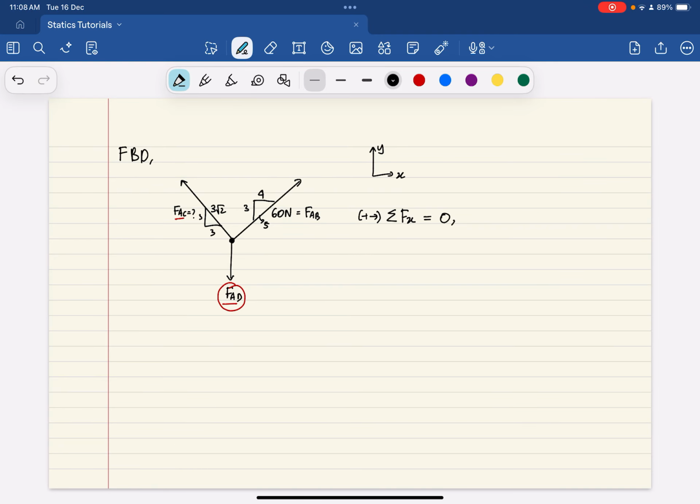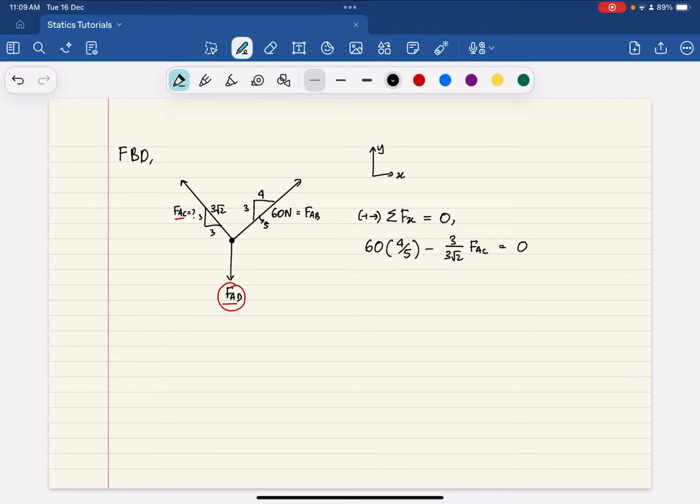So we know that 60 times 4 over 5, that is obviously positive, minus 3 over 3 root 2 FAC,